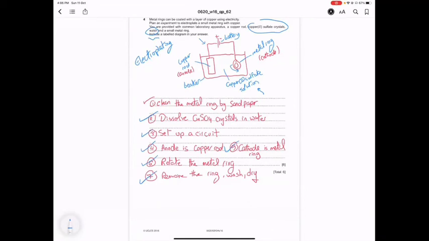You can take any 6 marks from these 7 points. Okay, there are only 2 points you cannot get from the diagram. Cleaning the metal ring with sandpaper and rotating the metal ring. It's not that obvious on the diagram. You can show them easily, but you can take